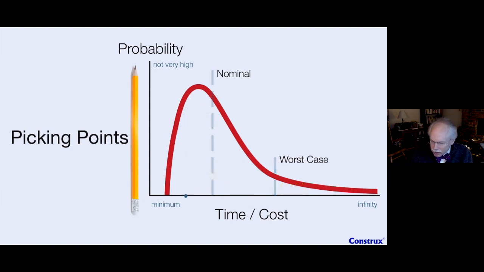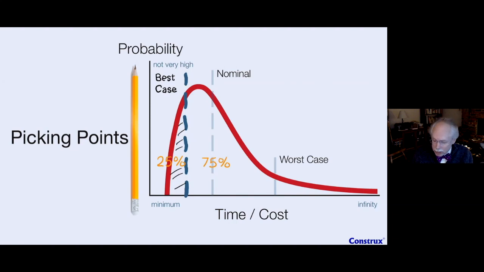There are another couple of points on here that are pretty common. One other point here is what's often called the best case. The best case is a point on the curve where, if we actually did the area of the curve, we'd see that only about 25% of it is on or before, which means we have a pretty good chance of not hitting this number. That means we have, in this case, a 75% chance. We're pretty darn likely to go over that number. So it's an interesting point on the curve, but it doesn't do a whole lot for us, because there's very little chance of hitting it. You wouldn't want to promise that to anyone else on the planet. So those are the 3 points we typically use.